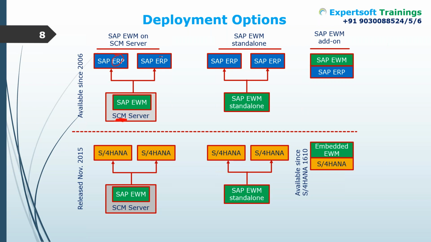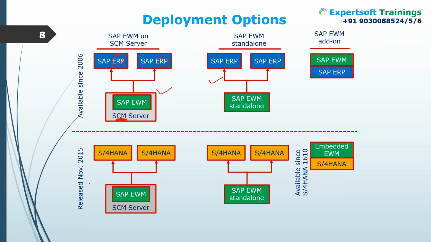That is mostly your 6.0 or ECC business suite. They will connect with it and can use this EWM functionality. That is option number 1. Option number 2, as I told you, is a decentralized model or standalone system, where you have your EWM system on a separate server, and again you have to connect your mainframe system to your